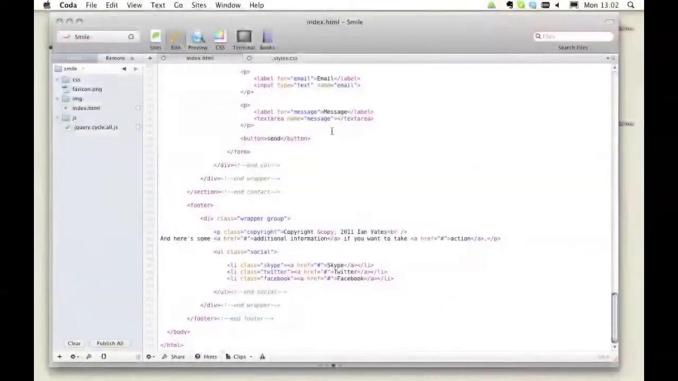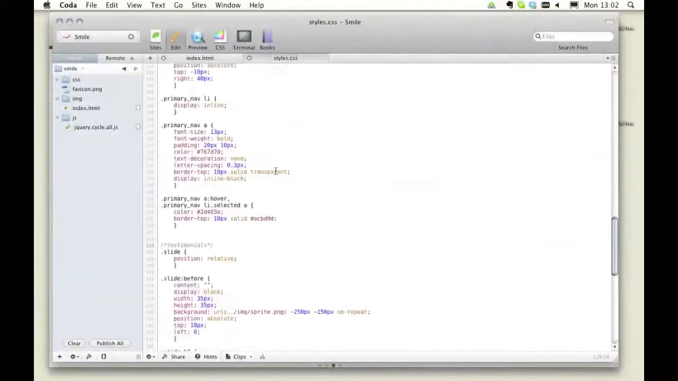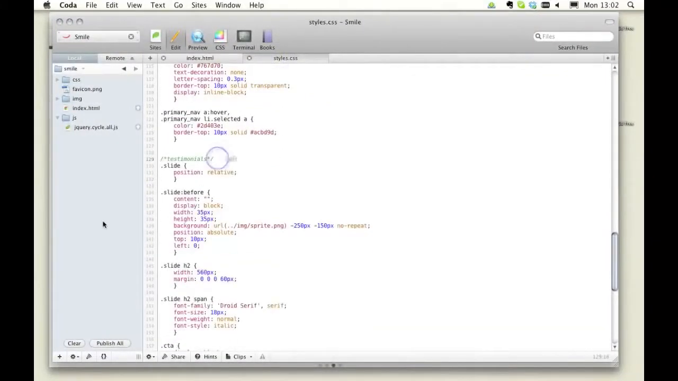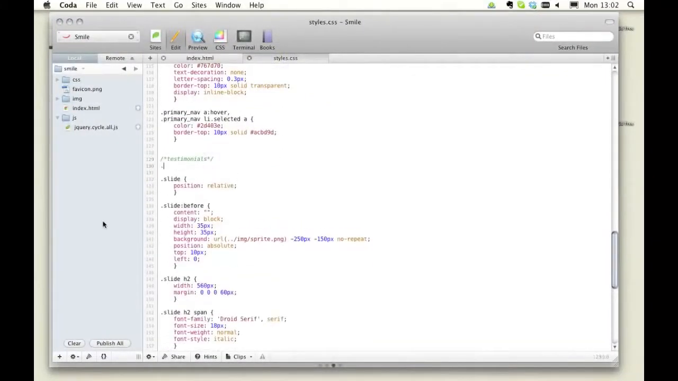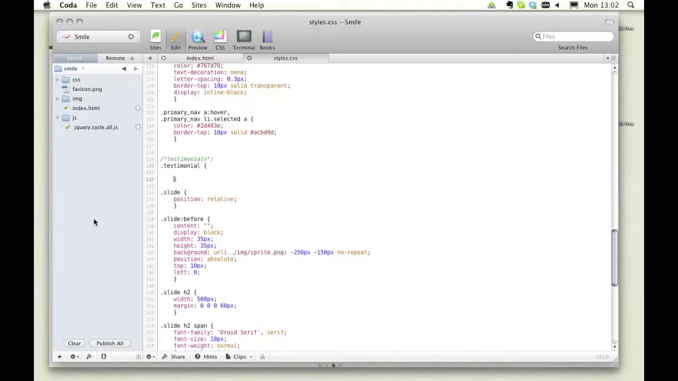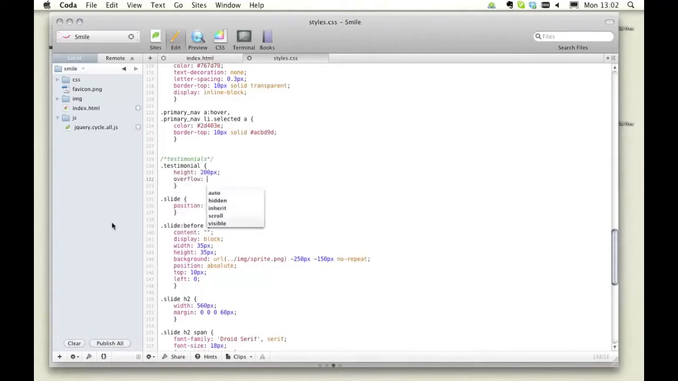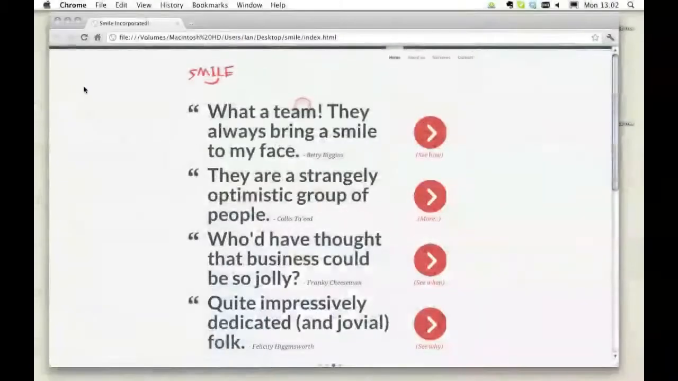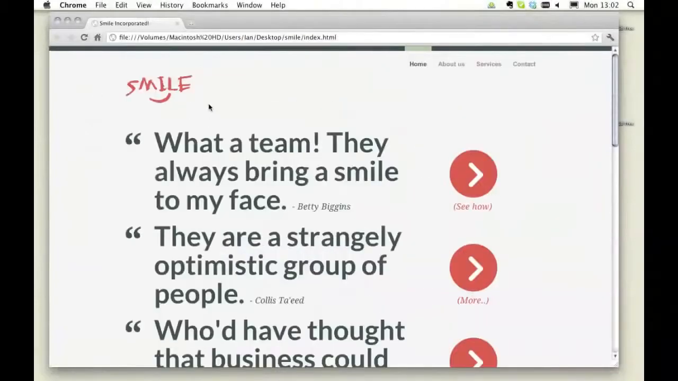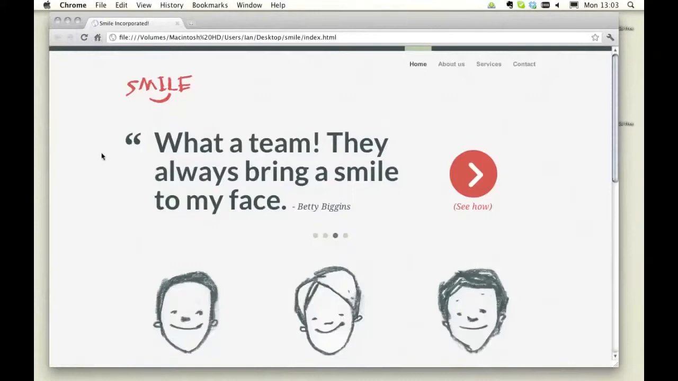If I jump into Coda there, there we go. Now in our testimonial section, we're just going to apply that to our testimonial. That was our container element. We're going to give it a height of 200 pixels, and as I've said, we're going to give it an overflow property of hidden. Now saving that, jumping back in here, I reset the zoom, I'm going to reload the page,